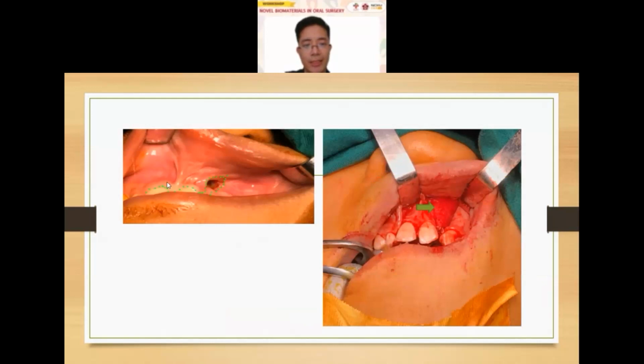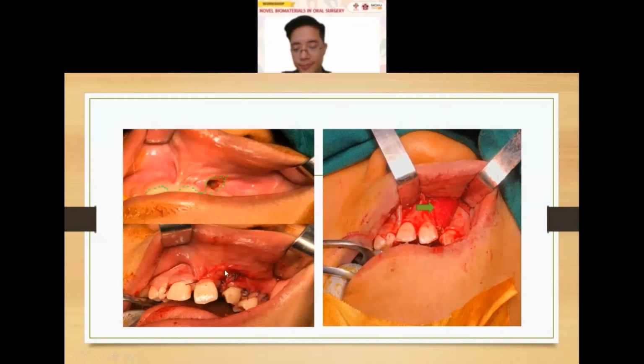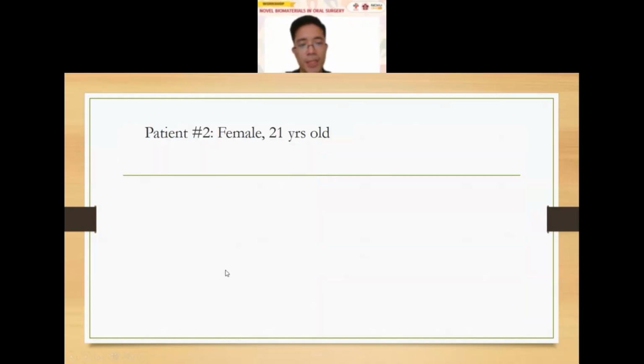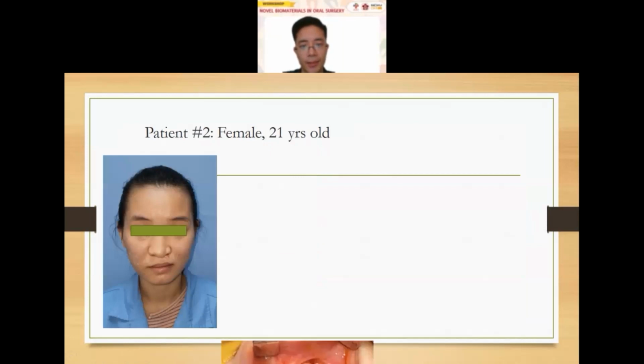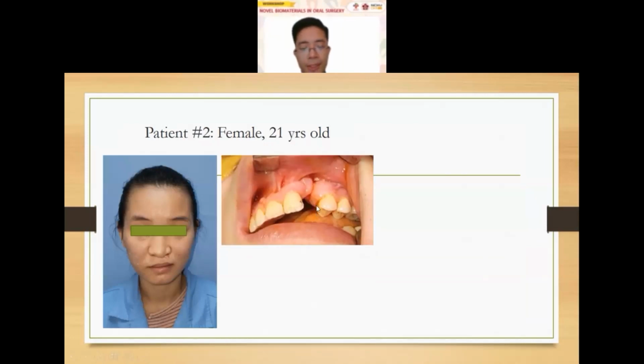This slide is the incision. The incision flap is based on this, and we put the ADM into the cleft to raise the volume and close the suture. The next patient is my patient. She's 21 years old, and this is the initial picture,